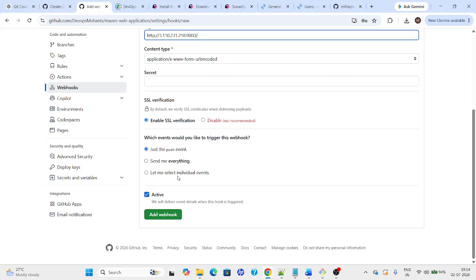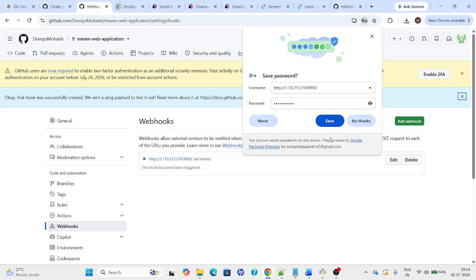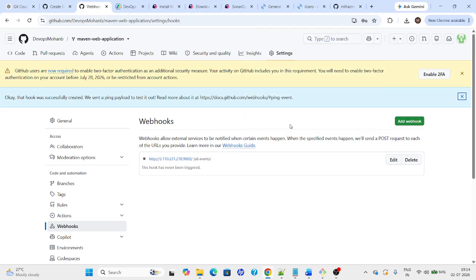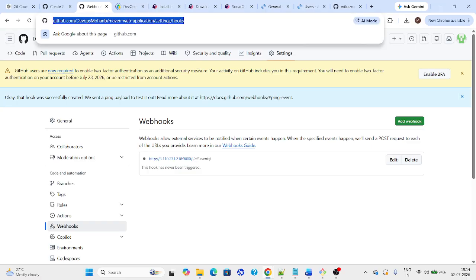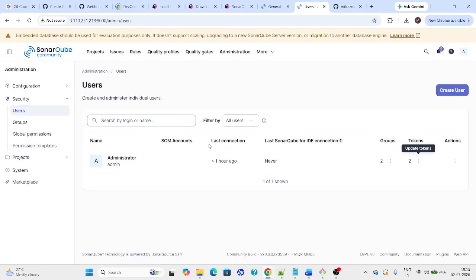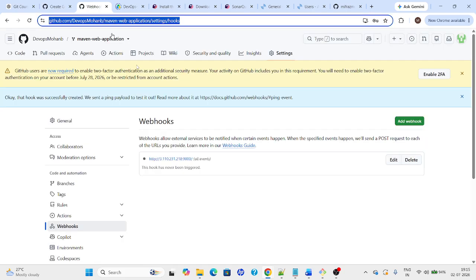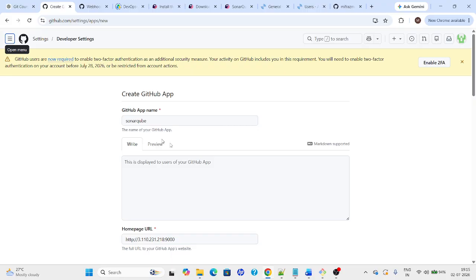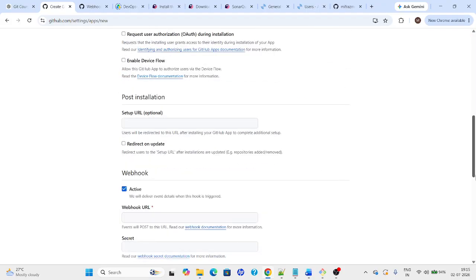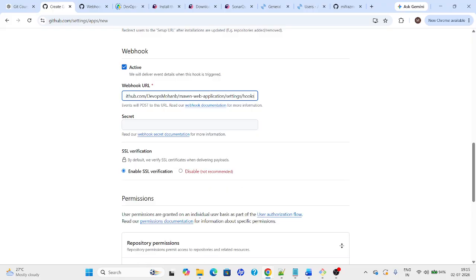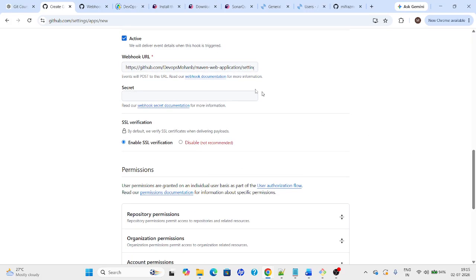Just the push event, or send me everything. If you want to trigger the webhook for every event, then you can choose send me everything. You can click on it, add webhook. So this is the webhook URL we have to provide here. Then we have to provide